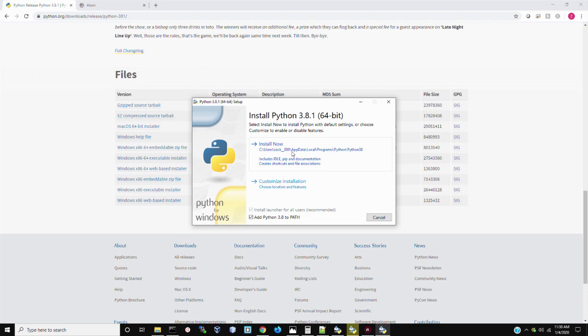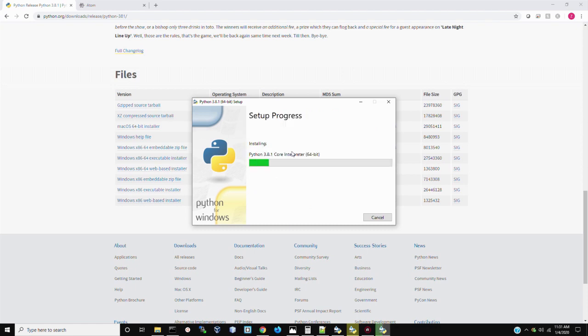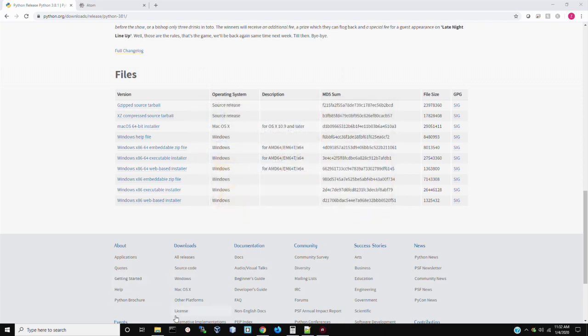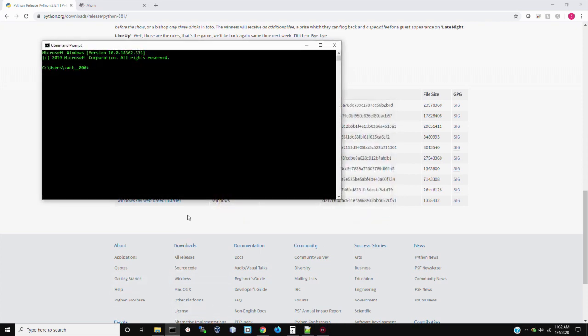This will automatically add the Python 3.8 path to the environment variables. Next, we just need to click Install Now, and the process continues. Once the installation process is finished, you should get a message saying the setup was successful. Just click Close, and to verify that everything was installed properly,